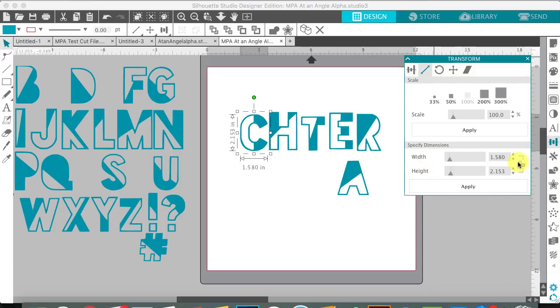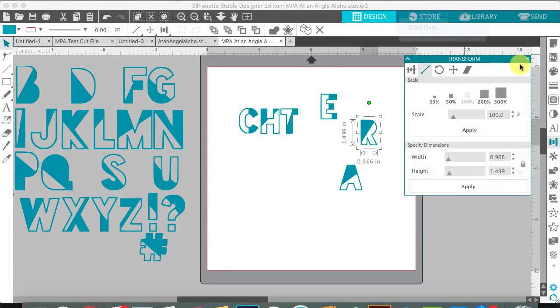You want to make sure that this little lock is clicked so it's locked, because if you don't have it locked, here you'll see I'm going to change my height to 1.5, and if I hit apply, you'll see it squishes that letter down. Well, I don't want it to do that. I want it to keep its original shape. So if I click on lock and then change it, you can see it shrinks it the right way. And so I'm going to change all of them to 1.5 inches tall. Okay, so I've got all of them